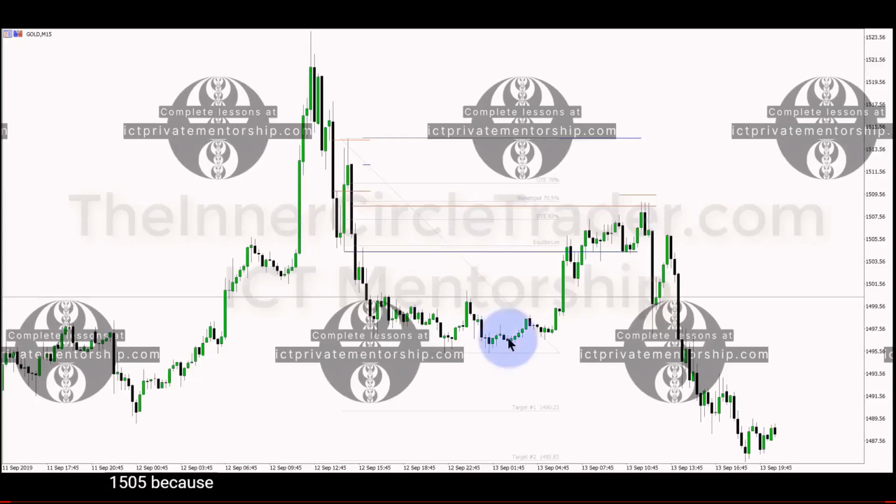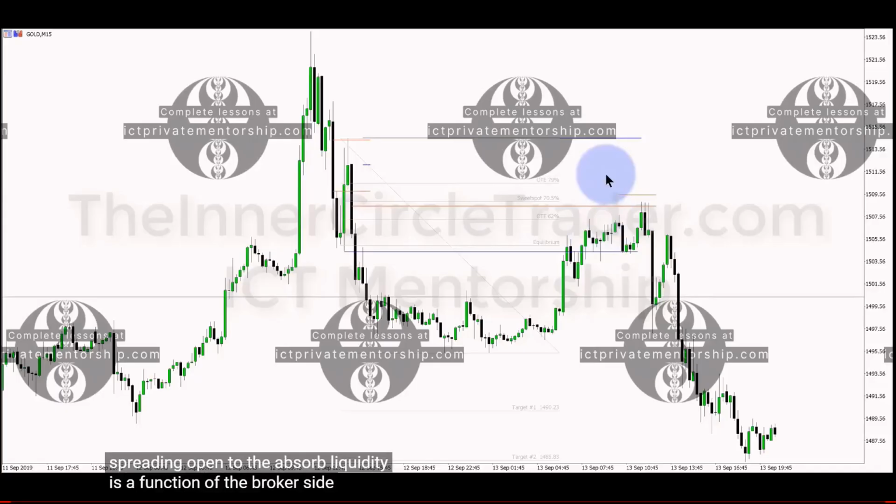1505, because you're going to round down, because again, the effect of spreading open to absorb liquidity is a function of the broker side. Trading to the specific price levels is interbank level. We're talking about internal range liquidity and open float. Where are the resting orders above this